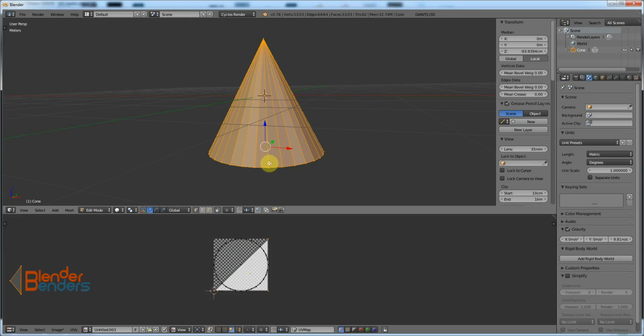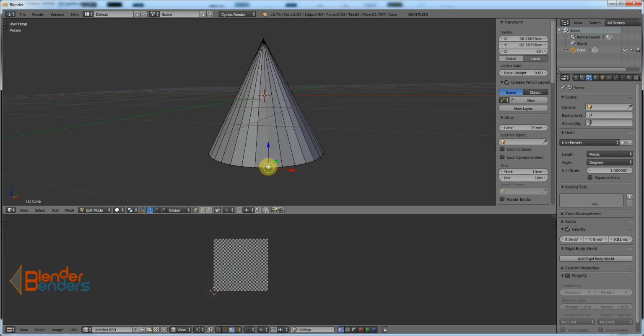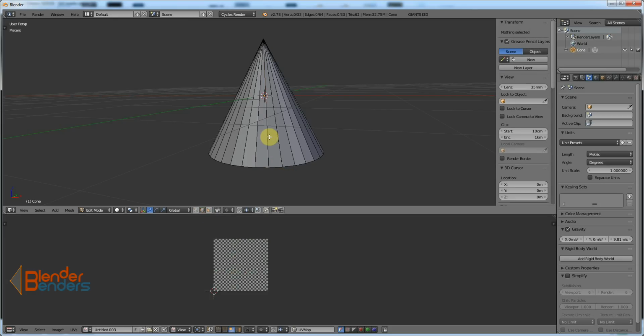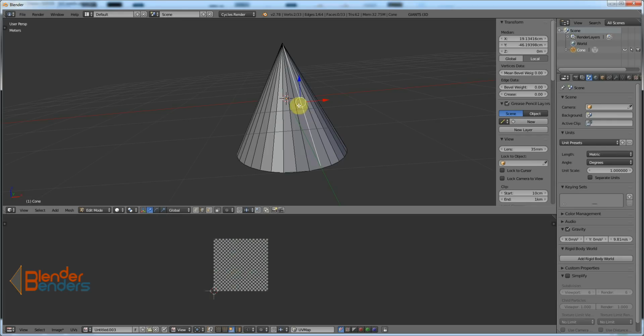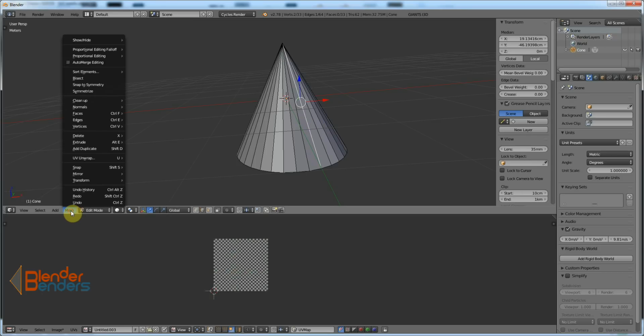So if I was to select an edge, say this edge here, I can mark this as a seam, which will tell Blender, hang on, we're going to cut down this line and roll it out, so it's more readable, more usable. Okay, so I've selected this edge, and now if I want to mark a seam, it's in the mesh menu and it'll be under